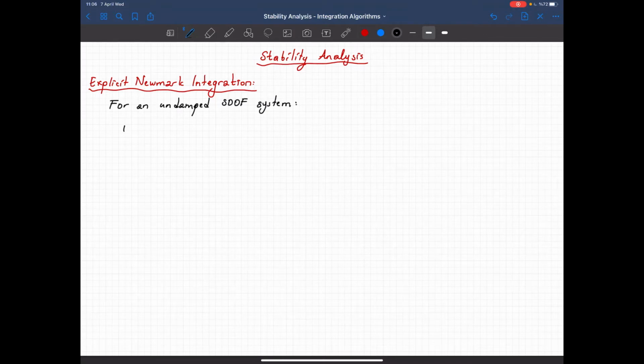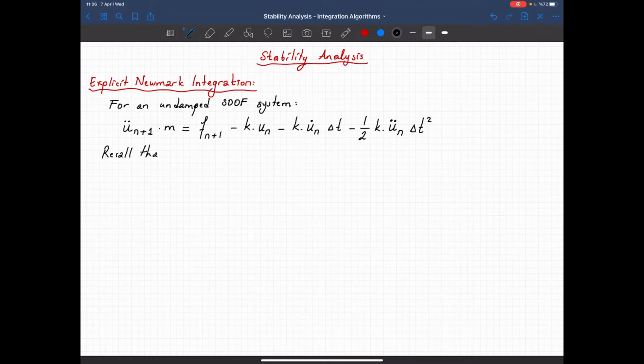I said I'm using the explicit Newmark for it, so u double dot n plus 1 multiplied by m is equal to the forcing function f n plus 1 minus k times u n minus k times u dot n multiplied by delta t minus 1 over 2 k times u double dot n delta t squared. Okay, now recall that